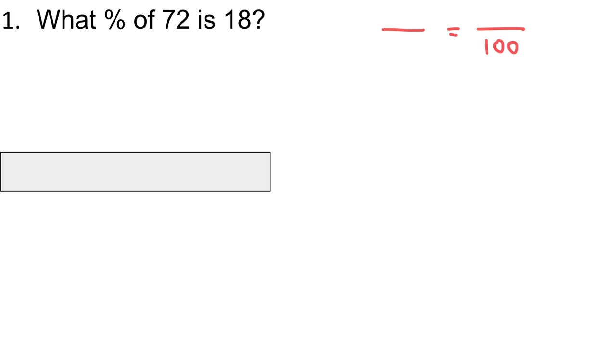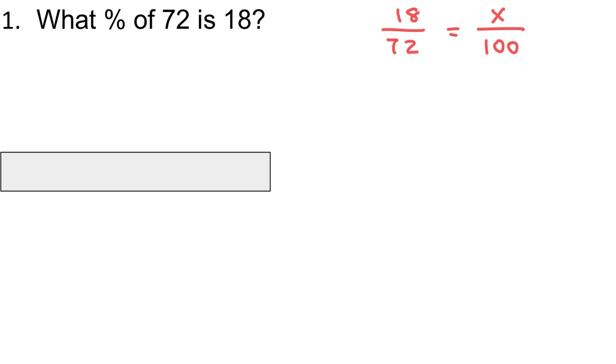You're solving for a percent, so what you do not know is what goes over 100. So I'm going to put that right there. 72 comes after the word of, and whatever comes after the word of is usually the whole, and it's the denominator on the left side. Now, the 18 represents the part. So now I've set up my percent proportion. 18 is the part of 72, and now I'm trying to solve for the part of 100, which is the